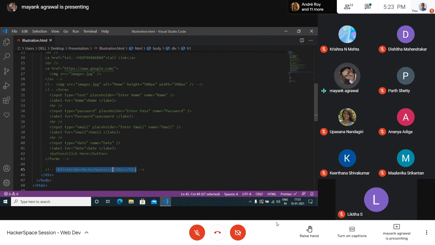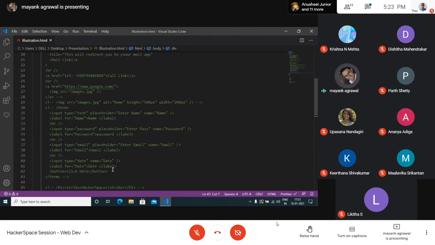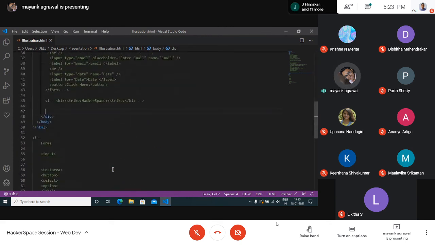Again, there are many more tags in HTML that you would see as you proceed with making your own sites. One last thing that I would discuss is lists.